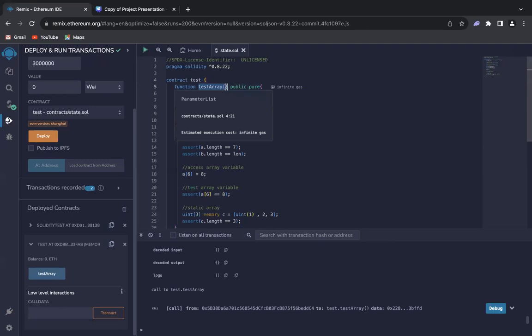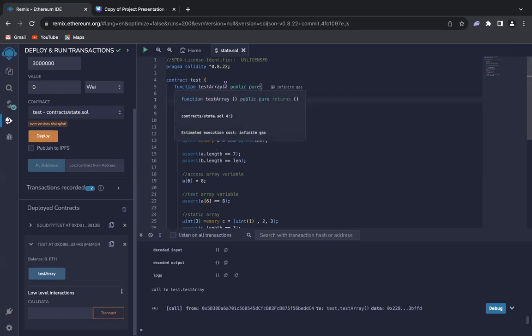Now looking into the function, it first of all declares and initializes